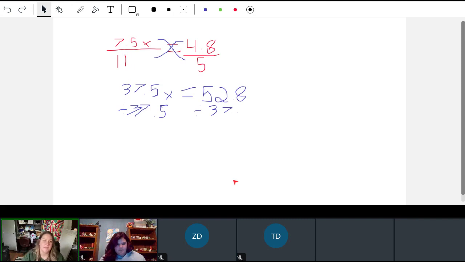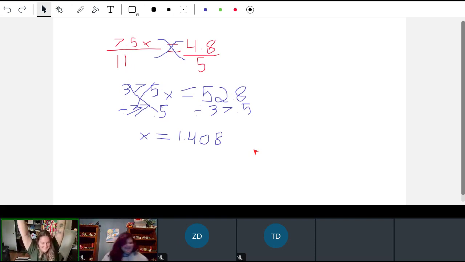Good. And so back over here on the left, remember those are going to cancel each other out, and you're just going to be left with x. So you can go ahead and write your x down here, write your equal sign, and then solve that for me. 52.8 divided by 37.5. You should get a decimal. Yes! You got